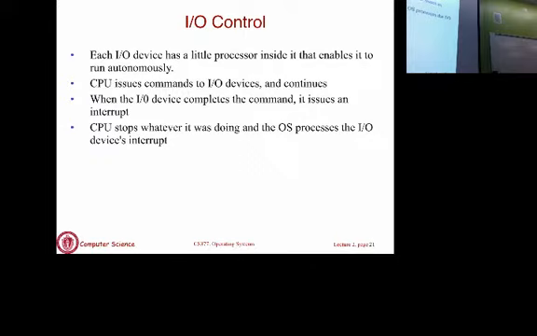If you do a divide by 0, that's an error condition, but your application caused that error condition to occur. If a disk finished execution of an I/O command, it's a piece of hardware generating that. That's one way to distinguish between them. But internally, from the OS perspective, they're handled the same way. Just as there's a trap vector, there's an interrupt vector. Just as there's a trap handler, there's an interrupt handler, and so on. So that's the way to think about them. Essentially the same thing: one is generated by software, one generated by hardware.